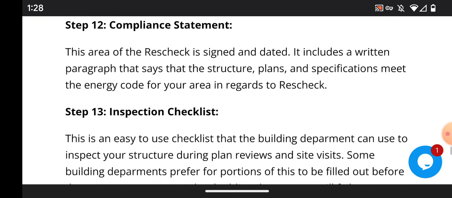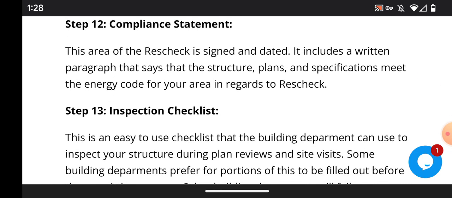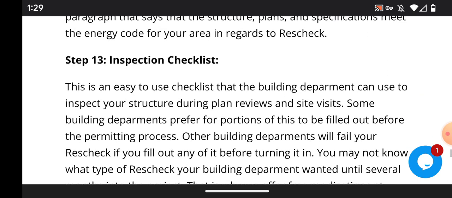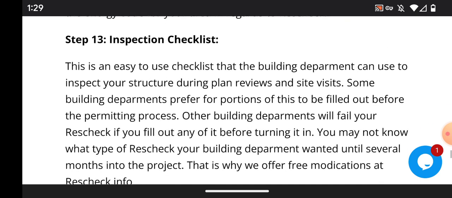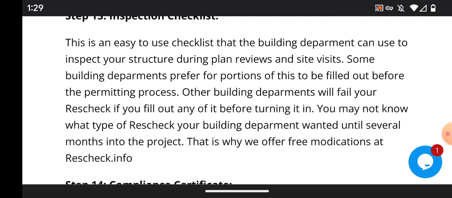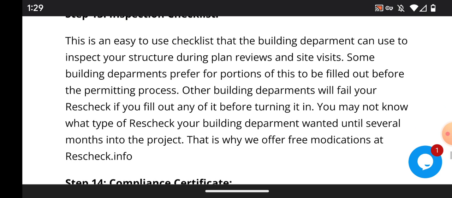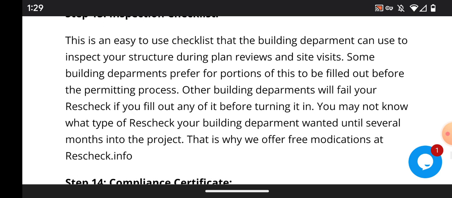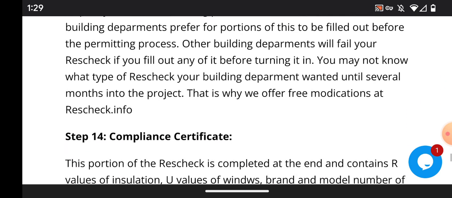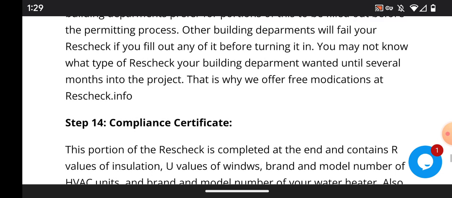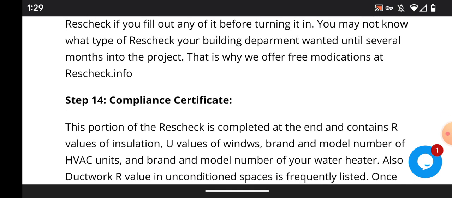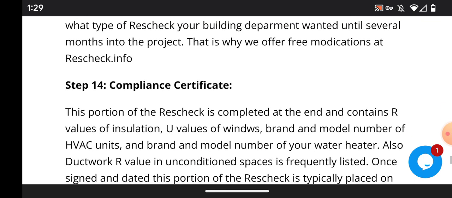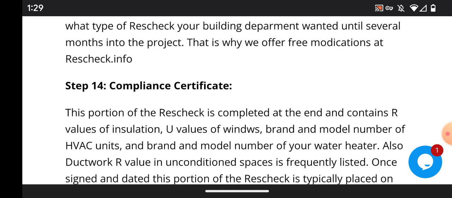Step 12, compliance. This is an area of Rescheck that is signed and dated. It includes a written paragraph that says the structure and specifications meet the energy code for your area in regards to the Rescheck. Step 13, inspection checklist, an easy to use checklist building department will use to inspect this structure, and some building departments prefer for these portions to be filled out before the permitting process. Other building departments will fail your Rescheck if you fill out any portion of it before turning it in. You may not know what type of Rescheck your building department wanted until several months after the project is submitted. That's why we offer free modifications